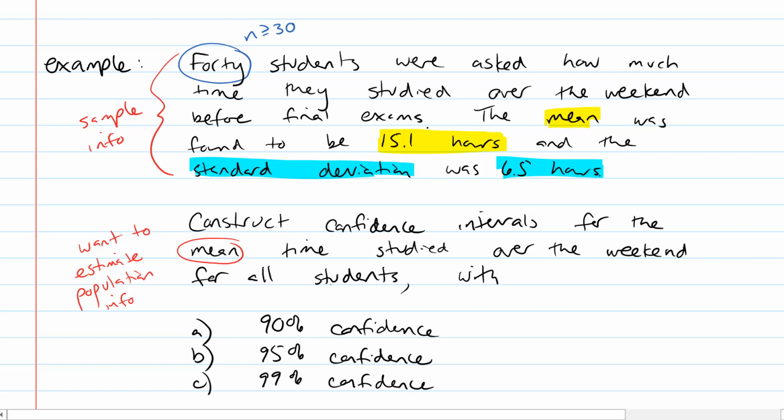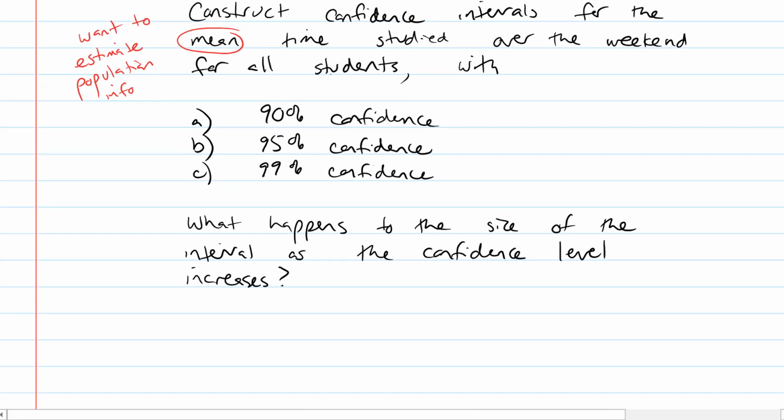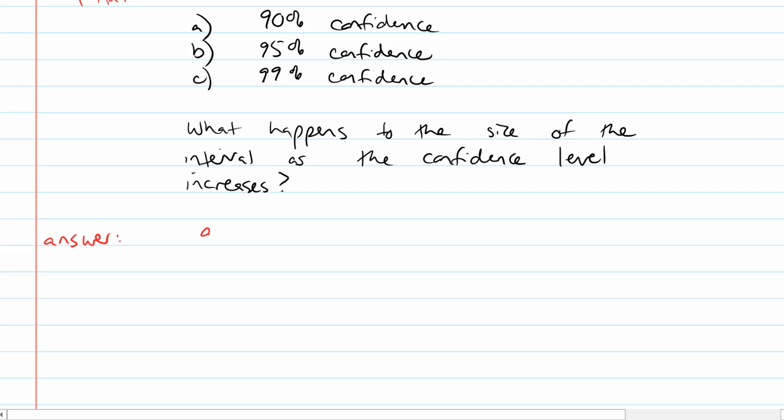So we're going to construct confidence intervals for the mean time studied the weekend for all students, with 90%, 95, and 99% confidence, and then we're going to finally answer the question, what happens to the size of the interval as the confidence level increases? Okay, so answer. For 90% confidence interval, I should label that as part A. Part A wants a 90% interval,